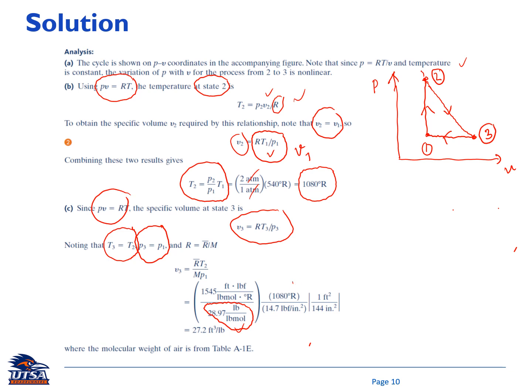And then you have temperature 1080 degrees Rankine, and then pressure is 14.7 psi. In this case, you see here there is an imbalance of the length unit. For the R, I have the unit in feet, and for the pressure I have the unit in inches. So we need to apply a conversion factor here